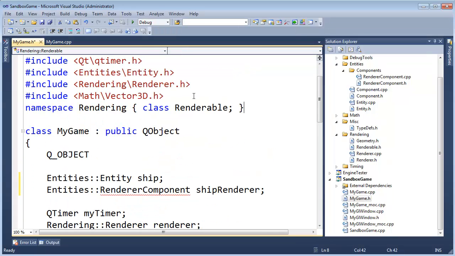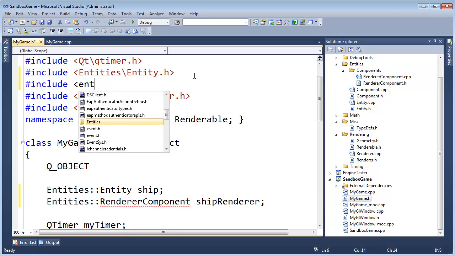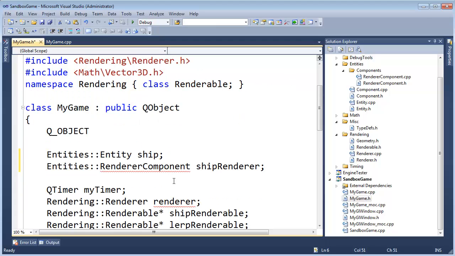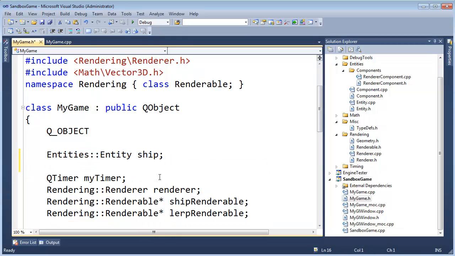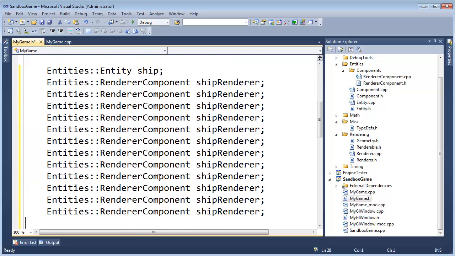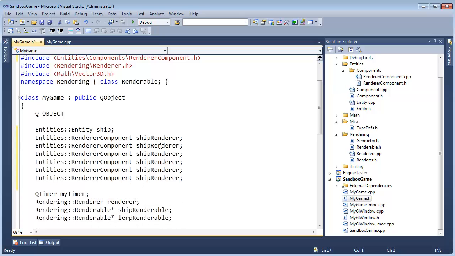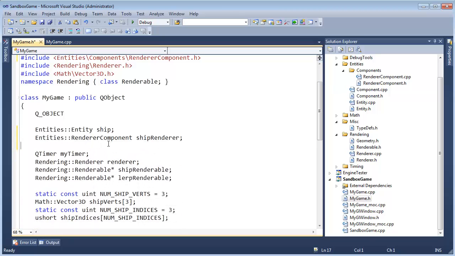and alignment right now. We need the renderer component though, so pound include entities components renderer component. Now we have ship renderer. Hopefully you can see though, using this approach we're going to throw in several components. All of a sudden, if we have lots of these, this will get kind of hideous and bloat our game objects. So maybe we'll come back, revisit this, and make a separate class whose responsibility is